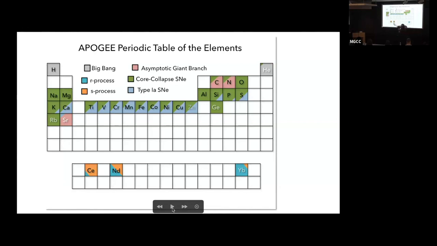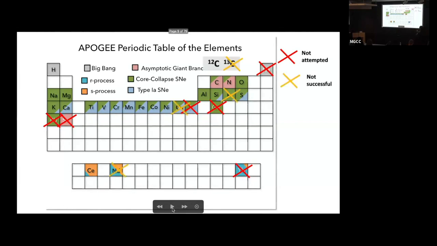So you don't actually learn about that single process by studying that one element. You have to put them all together. Now, unfortunately, some of our most interesting elements have really weak lines or single lines that get messed up, so you can't actually make good measurements on them. So we have to cut out all of these. And then also there's some things that just didn't go well. So we cut out